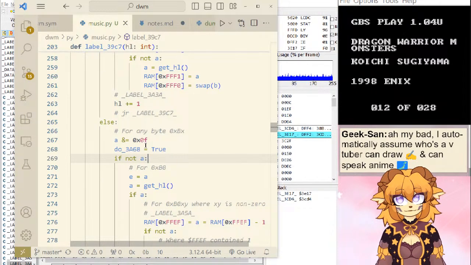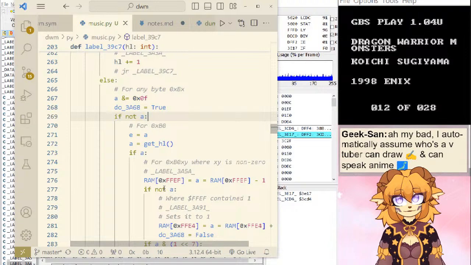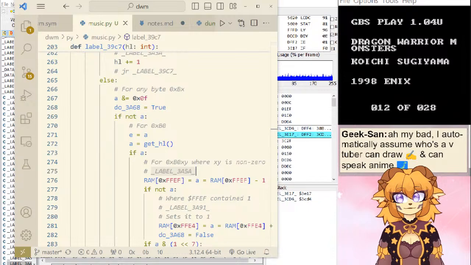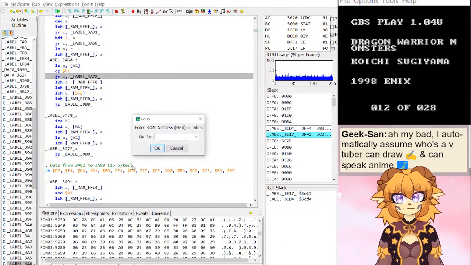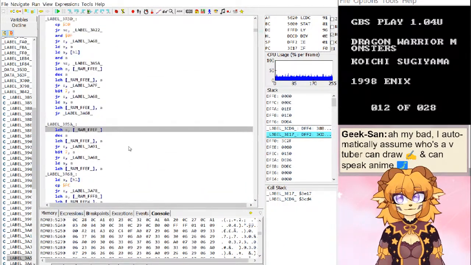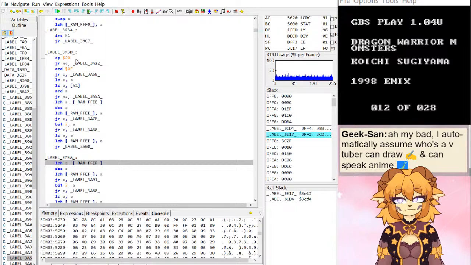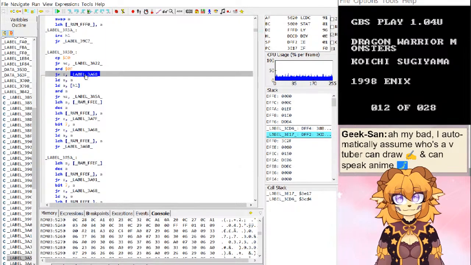Let's go here, I guess. That's the label I have. And OXF jump Z 3A68.